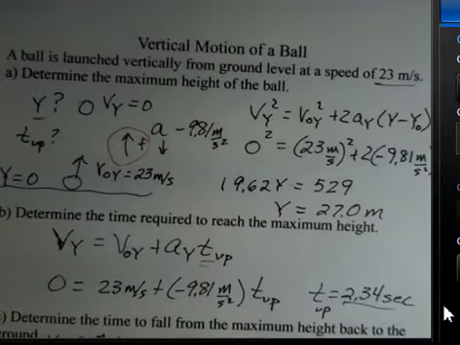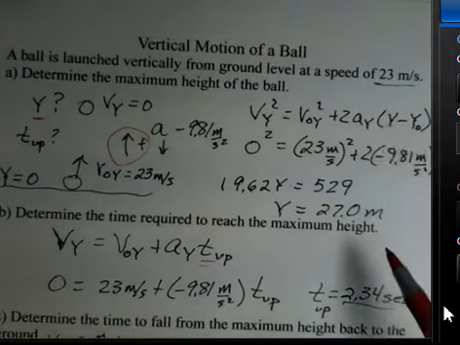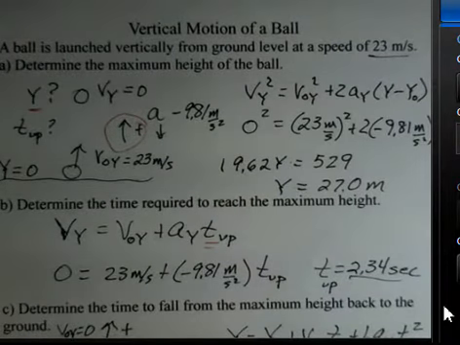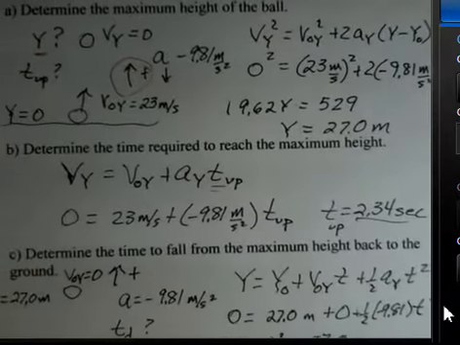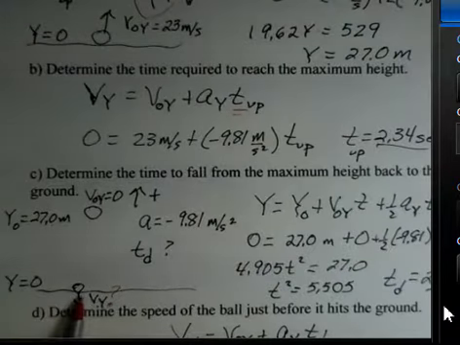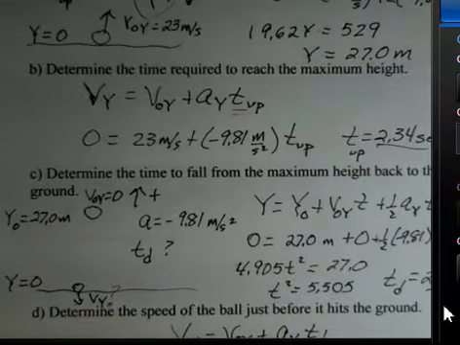This ball started going upward at 23 meters per second, and it is true in free fall problems, vertical problems with no air resistance, the speed when we reach the launch point is equal to the speed that we launched with. The velocities are different. The launch velocity is positive. The final velocity, when we come back to the ground, is a negative number, but the speeds are the same,